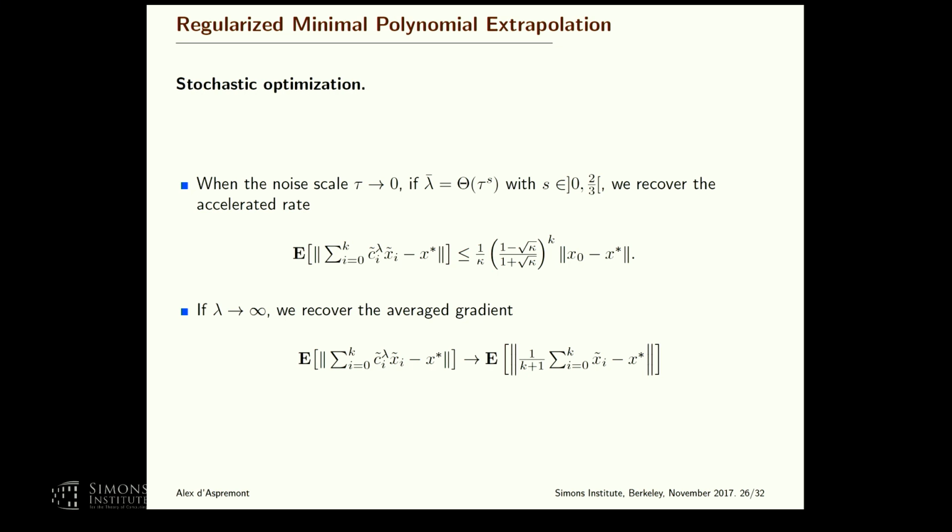So that's fine because the interesting phase in the convergence is the first one, but you would want to do something a little bit more adaptive and work on the noise a little bit more, and we don't know how to do that yet. Okay, so we have these two extreme scenarios. When the noise is small, you recover the accelerated rate, but with weights that don't average very well. And when the noise is large, you recover the plain uniform averaging case. And in that case, you're not accelerating very well.